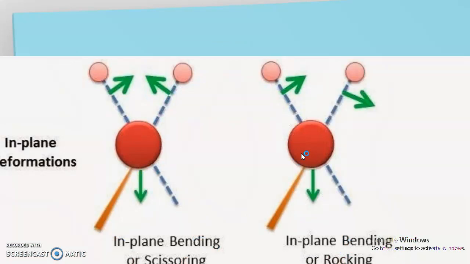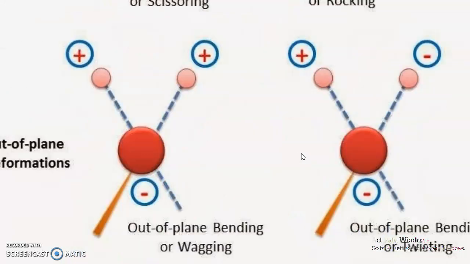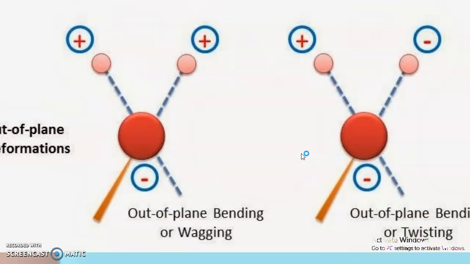So in plane involves scissoring. Everybody has used a scissor. So when the bond angle changes like this, which resembles a scissor, it's scissoring. If the bond angle change resembles a rocking doll, which we have seen in our toys, or a rocking chair, grandpa's chair, that is nothing but rocking. So the bond angle changes in one plane. However, there are out of the plane deformations where the bond angle changes in a different way.